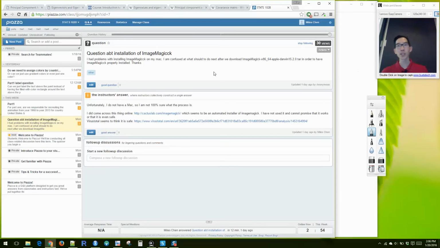The animation package does support other exports, like PDF, which actually supports animation, and HTML. But I think the standard way to view animations on the web these days is through